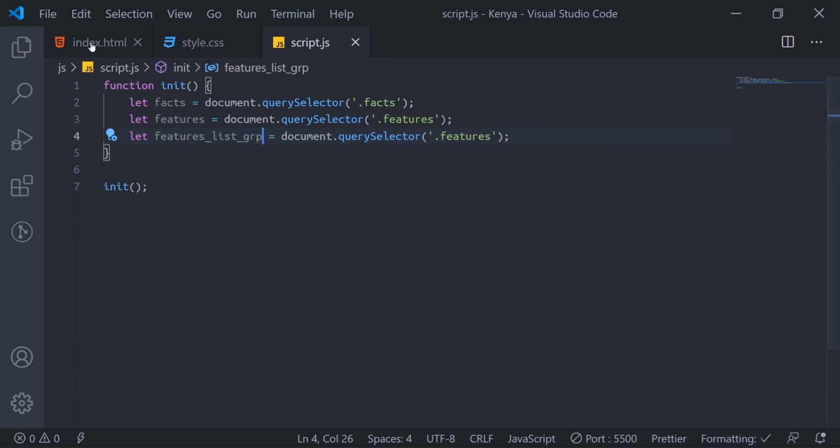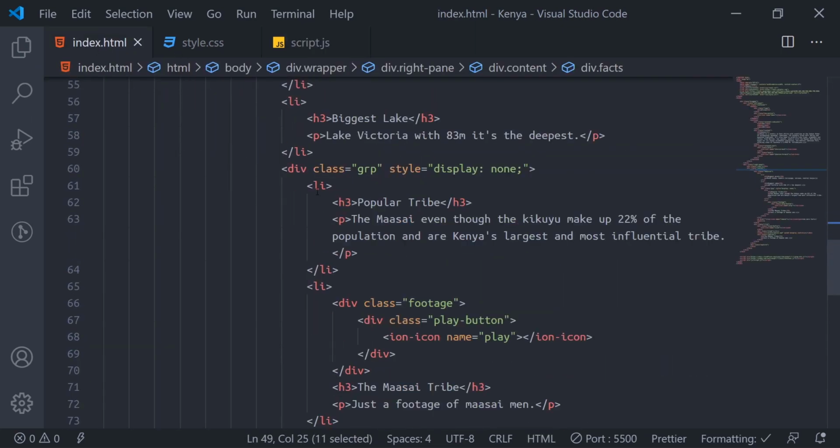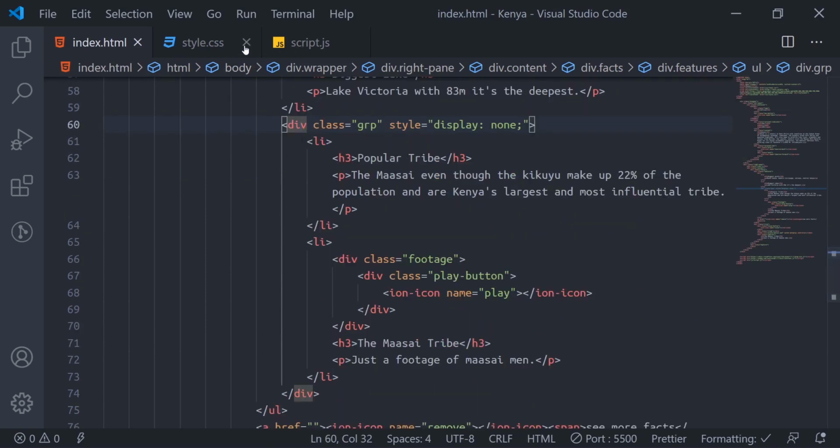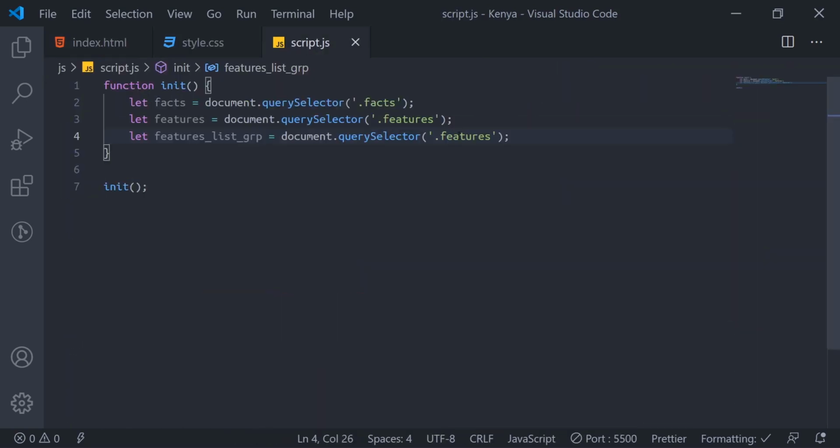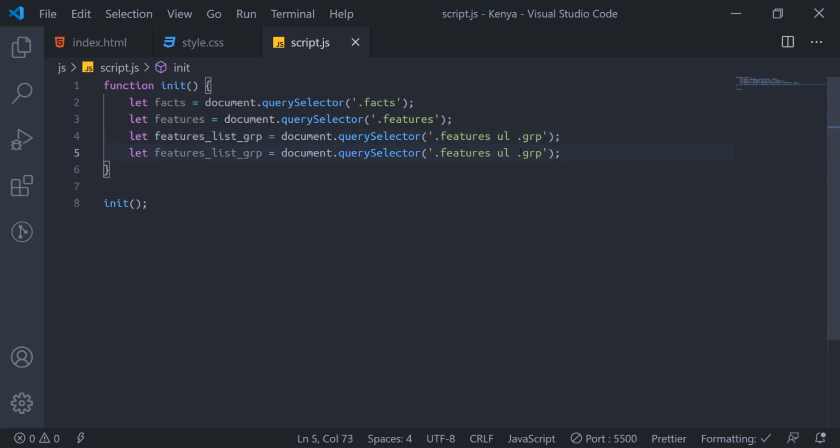So this features list group now is this one here. Maybe this one. So we'll just say features ul.grp. Okay, I'll duplicate again. Then we need to target that anchor tag. So inside the features, we'll target the anchor tag there.